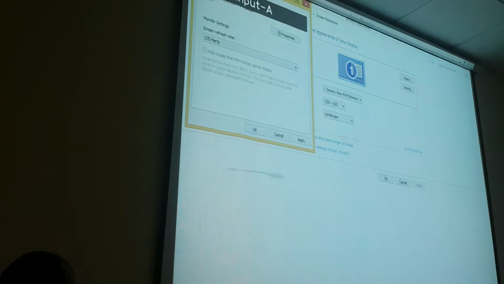You are able to change the refresh rate? 67, 67. 75 or